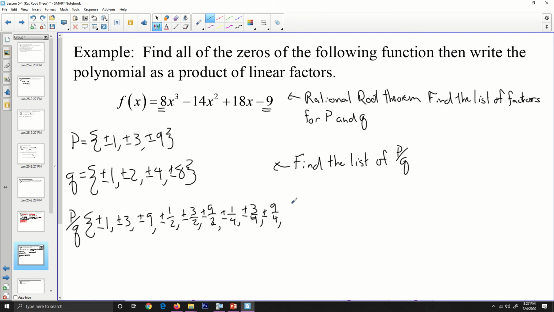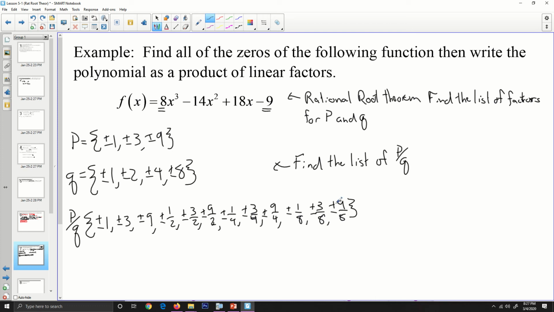So I got to have those. And then I got to go all of these over 8. So plus or minus 1 over 8, plus or minus 3 over 8, and then plus or minus 9 over 8. Now notice, I am done at this point, and none of these go on top. It's just the P's over the Q's, and that's it. You're done. Now, that's not even that much better because I got 1, 2, 3, 4, 5, 6, 7, 8,